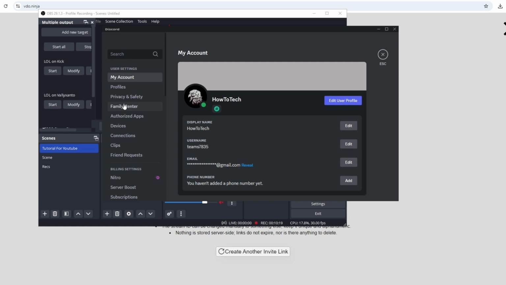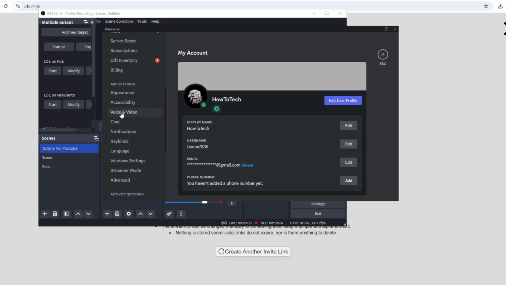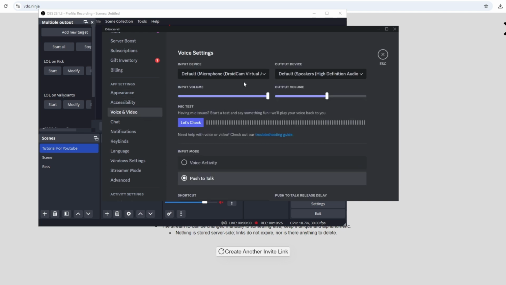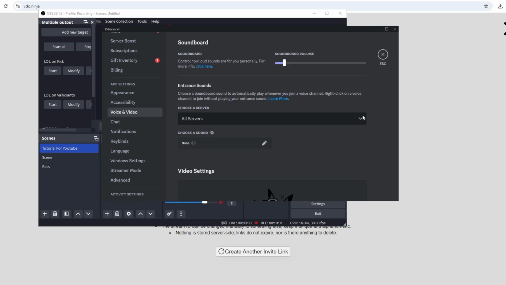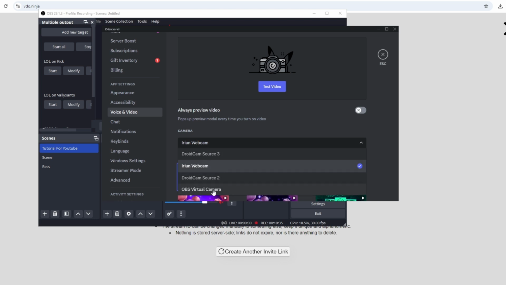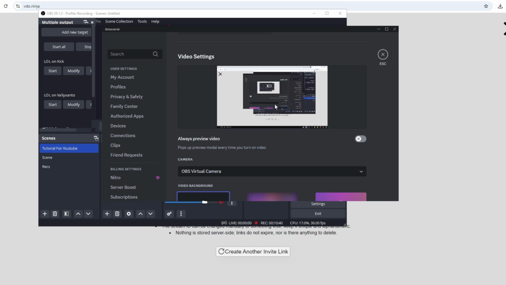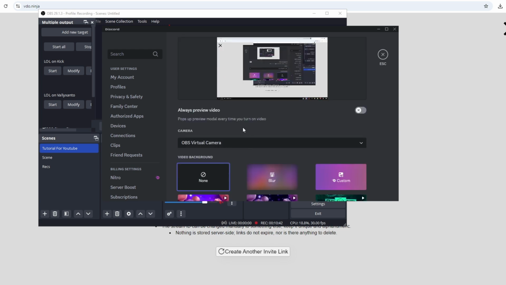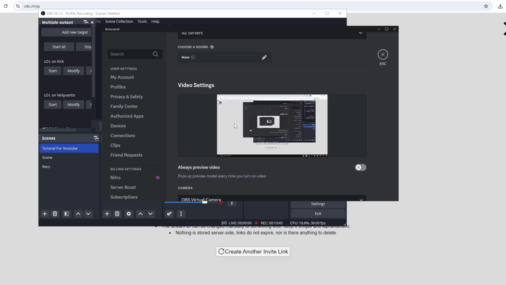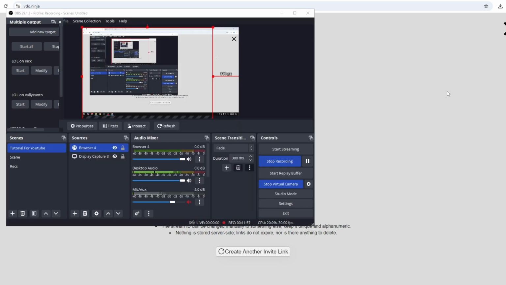we open our Discord now, and we go here to settings, and we click on Voice and Video, you just go ahead and you put your camera right here. When you go down here, you're gonna choose the OBS Virtual Camera, and it will start automatically to show you the camera that it is right there from the phone. So just click on this OBS Virtual Camera here, and that's how you connect the